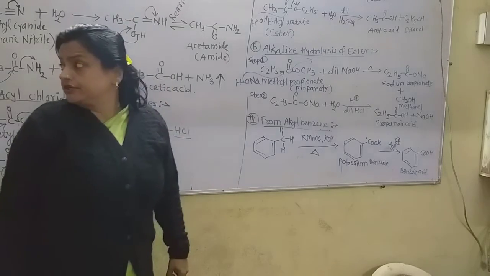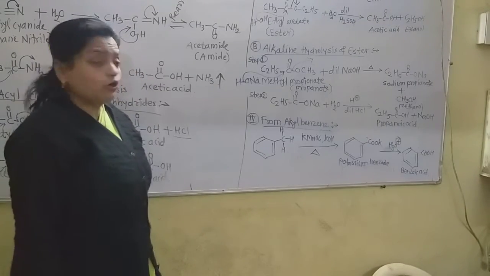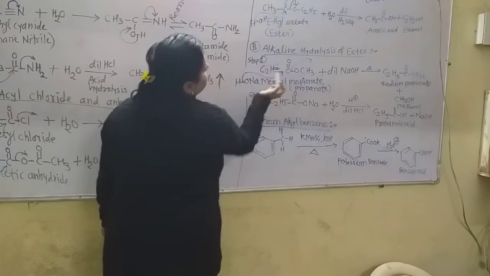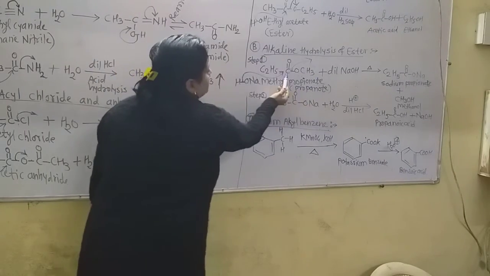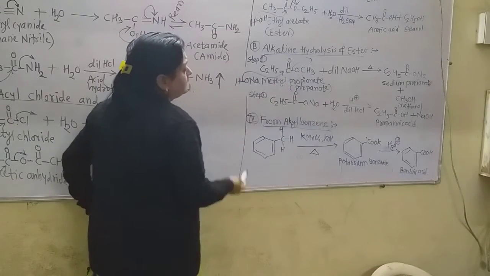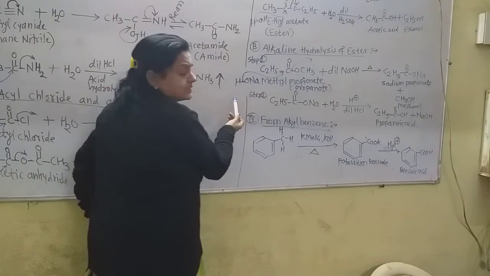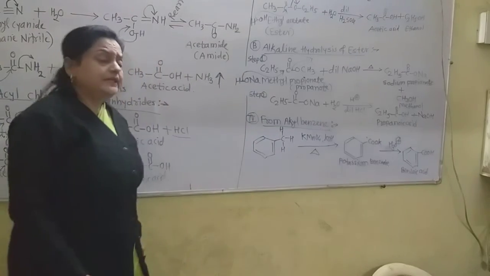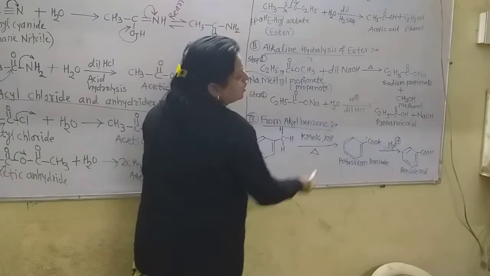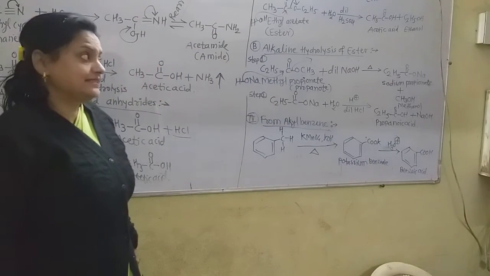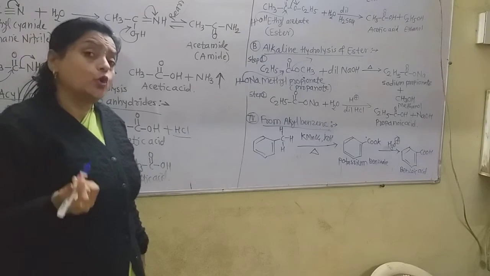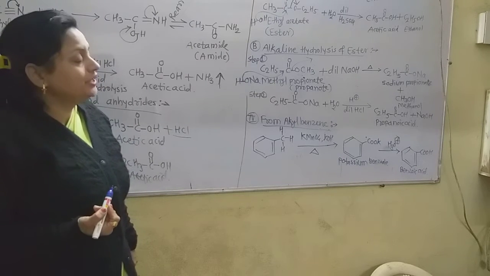Now in this, ONa minus attacks on this carbonyl carbon. Why is it propanoate? Because there are 3 carbons, 1, 2, 3. So it is methyl propanoate. Now here this ONa minus attacks, at the same time this bond breaks. This methoxide ion attracts this hydrogen, and there is formation of methanol, and C2H5C double bond ONa, the sodium salt of the carboxylic acid. The name of that salt is sodium propionate or sodium propanoate. In the IUPAC name it is called sodium propanoate.